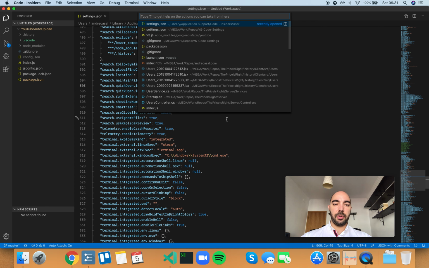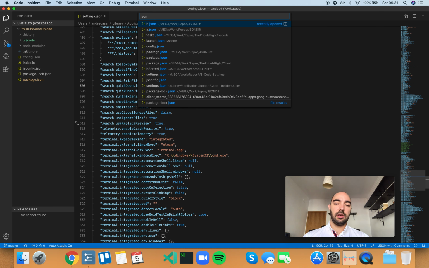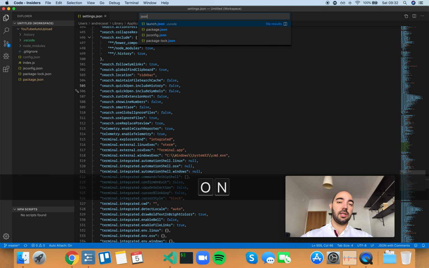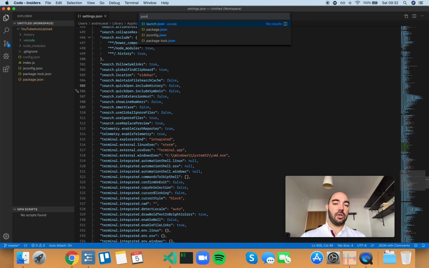You have this little quick open tab, and you can search for files that you have here. So if I search for JSON, I will get all the JSON files in my workspace and recently opened JSON files. Now, I do find it useful when I'm searching for files, I just want the files that are on my workspace, right? So I would actually rather use the false option here so that I'm only searching for files that